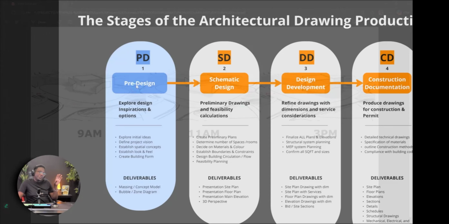So this is where now you take all your sketches, all your massing models, and you show it to your client. Once the client approves it, you continue to the next stage, which is schematic design, where you start to develop your model into much more detail. What does your elevation look like? Because right now everything is just massing. We start to more accurately represent what the layout of the furniture is going to look like, and start to generate the preliminary plans. So this concludes the pre-design segment of our journey.